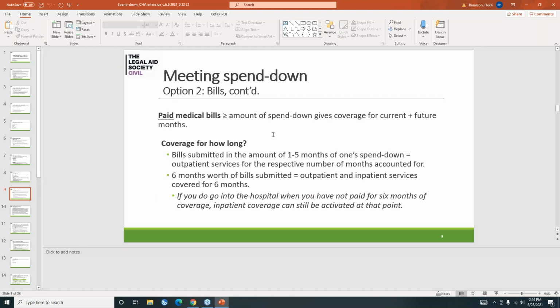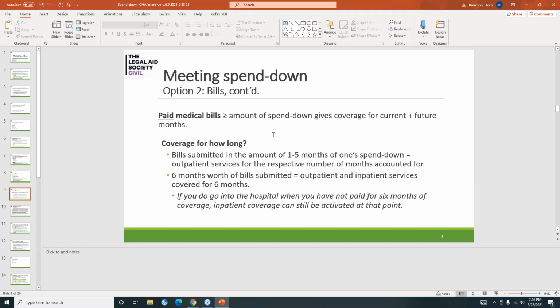Okay, now obviously paid medical bills can be used to meet a spend down if they are greater than or equal to the amount of the spend down, giving coverage for either the current month and possibly future months. Again, bills submitted in the amount of 1 to 5 months of one spend down is going to ensure that there's outpatient services for those number of months that the spend down has been satisfied.